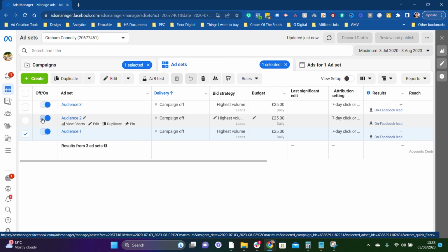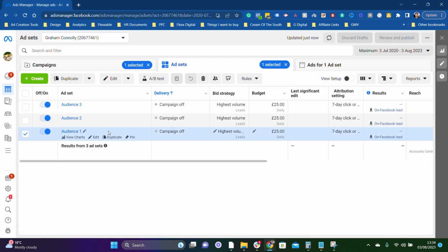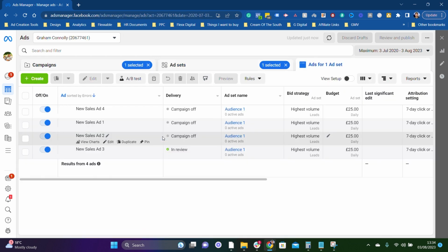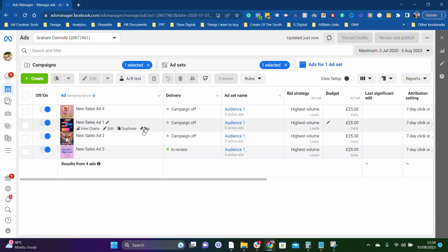So I'd probably say you want at least $20 on each ad set, at least. You can have way more on each ad set depending on how much money you have, but you don't want to go too low, otherwise there's not going to be enough spend to really do a good test on the audience and the ads. And then here's where I have 4 ads in here. As you can see,